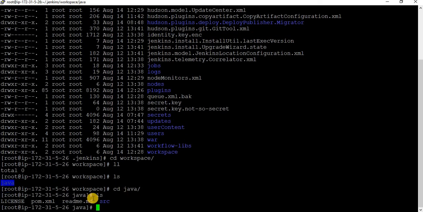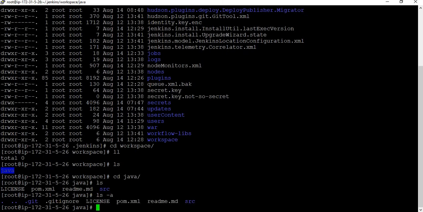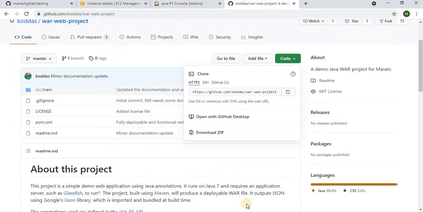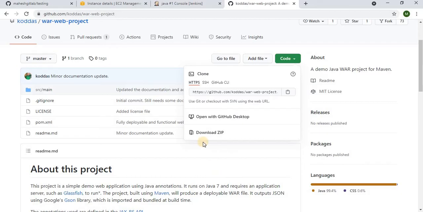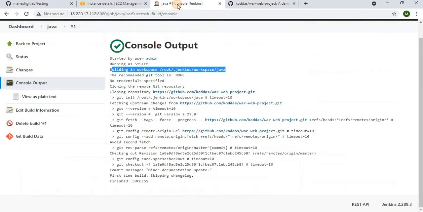Now you have the files. So you just downloaded the code. This is how we generally download code from source code management using Jenkins. Are you clear with the download?